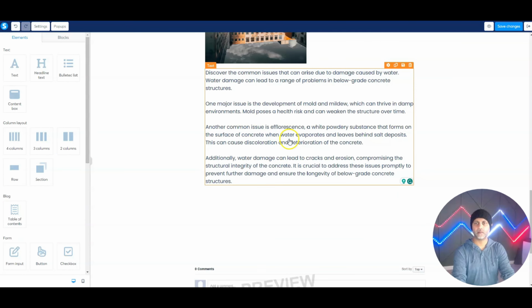So table of contents, we had said we want this collapsed. You can see it's collapsed, and if someone clicks on any of these links, they are taken directly to that section on the page. Same thing with frequently asked questions. These are also collapsed, and your readers can easily expand them and read them, and then any other element you put on here becomes part of your blog post. Now that we have finished writing this blog post, let's hit save changes and exit out to show you the